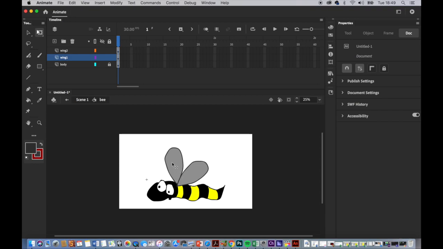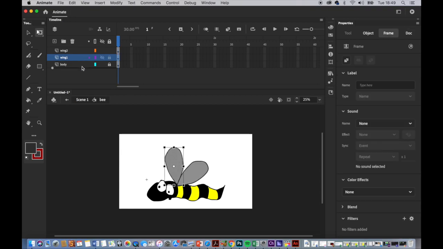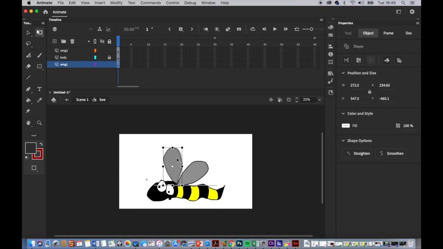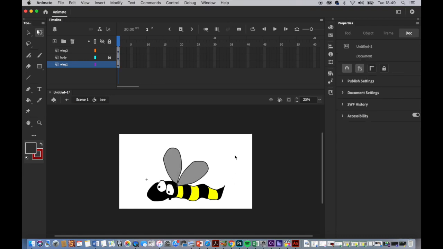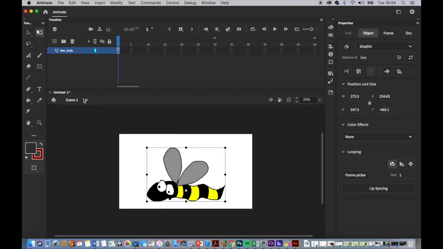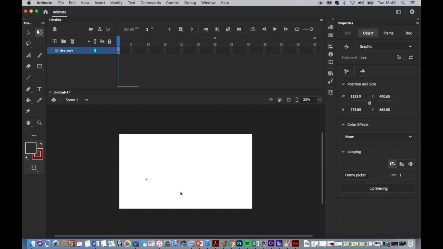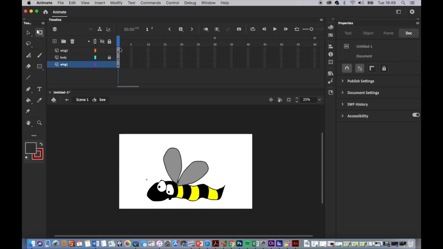Now I want this wing here to be slightly the other side of the body. This one's in the foreground, so I'm going to drag it below the body, and I'm going to just put it slightly behind like so. It sits just behind his head. Lovely, you think. Look at that lovely bee there. Smash it. And if we go back into the scene, you can see now it's got wings on it. So if I double click that, I'm back inside